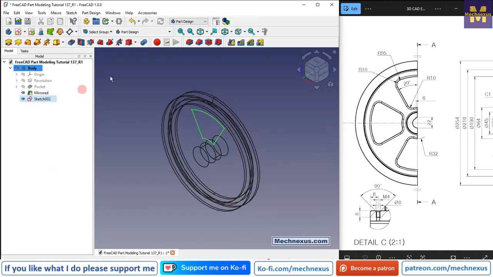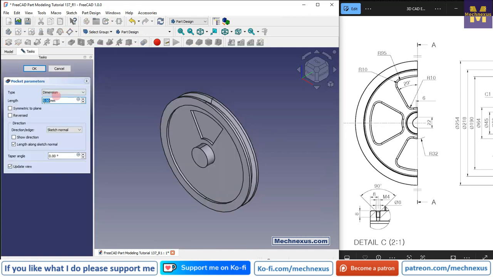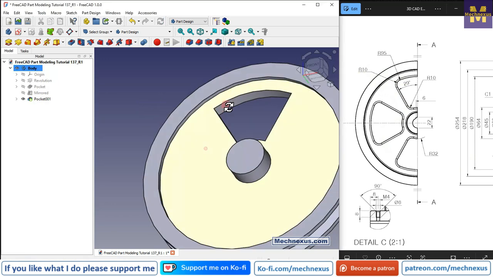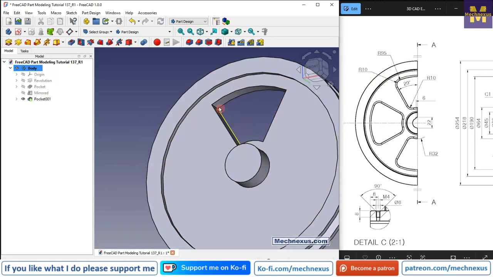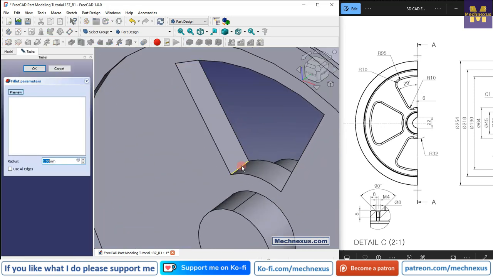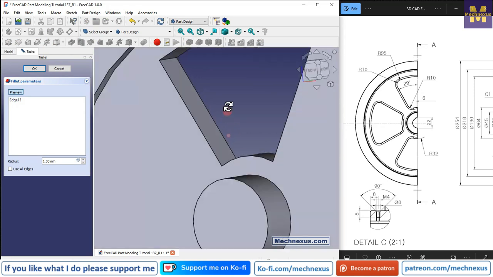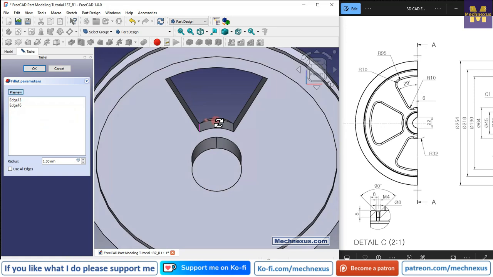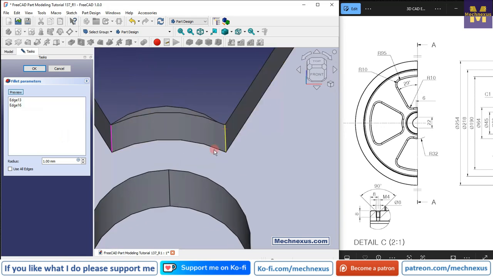Now we will select our sketch and click on the pocket, and we will say it through all and say OK. So our cut is created, and now here is a fillet of R10. So we will add a fillet of R10 to all four corners of our cut. So click on the fillet tool and select the edge and select this edge. So once you click on the edge, it is added here, and you can remove any edges by clicking on remove. Now select all the four edges